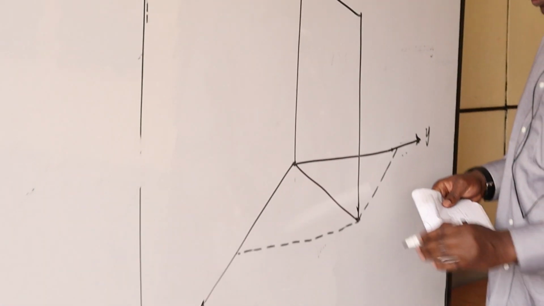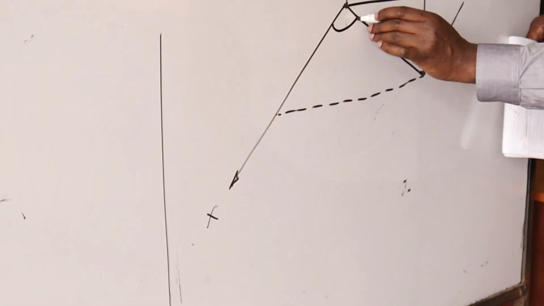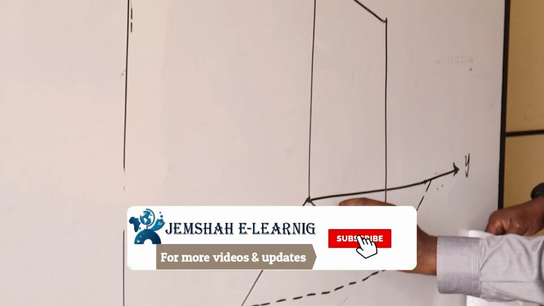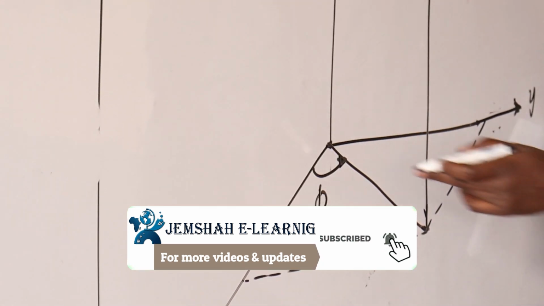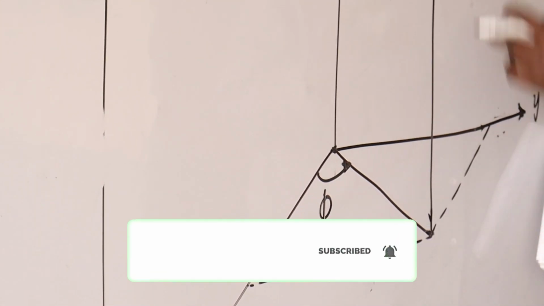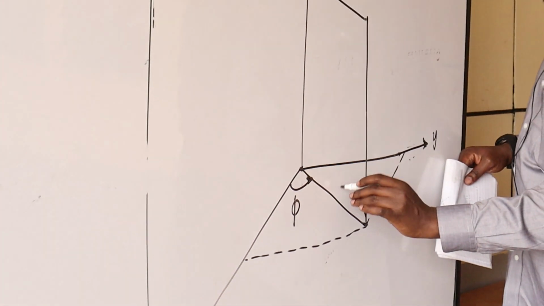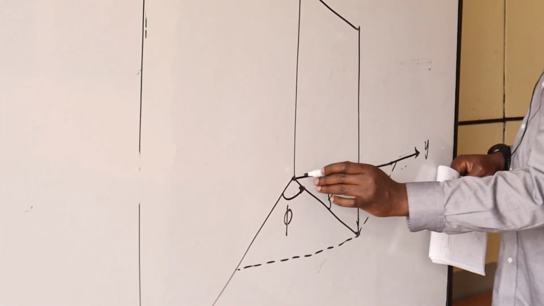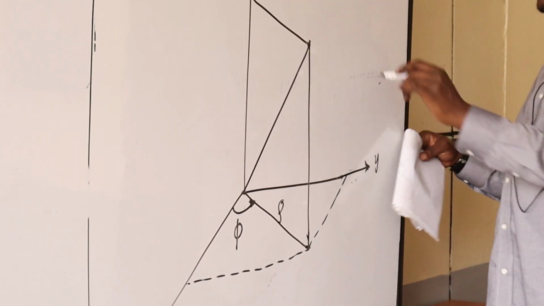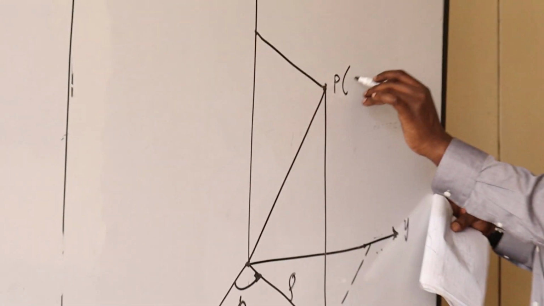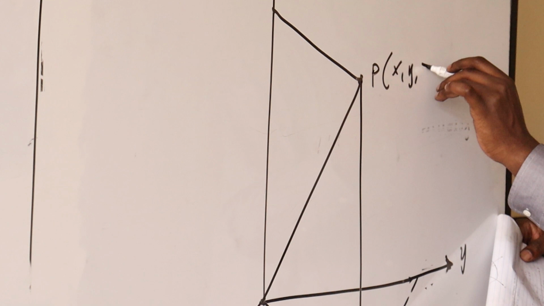Still this is our angle. That angle is phi, as usual. Now this is the radius of the cylinder. See, we are relating all of them, and that is rho. Now from this point all the way to that. Now this is my point P that we are interested in. P in x, y, z